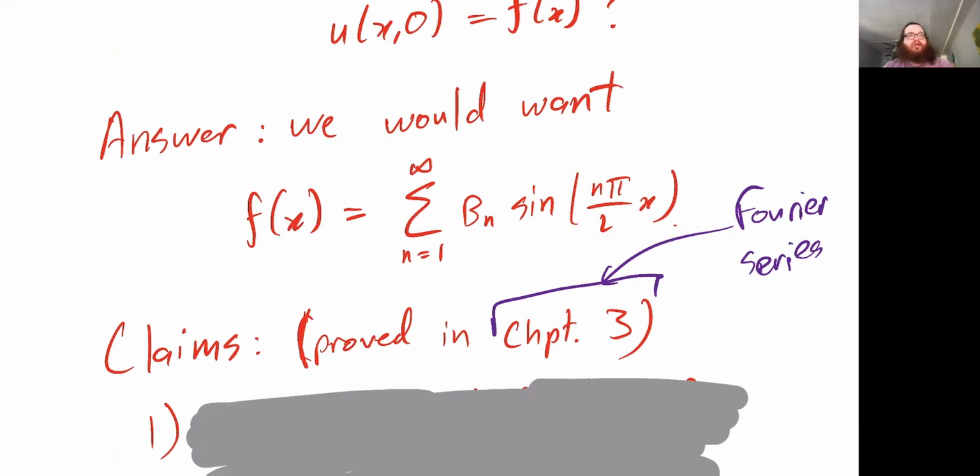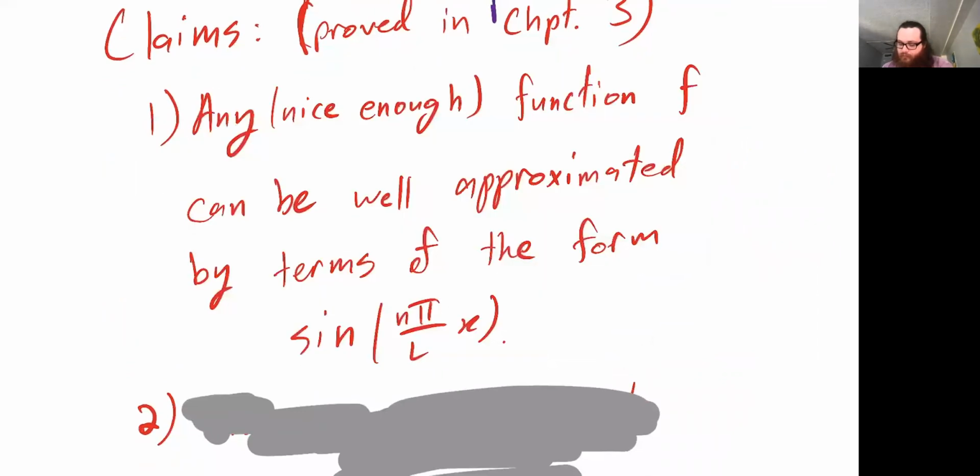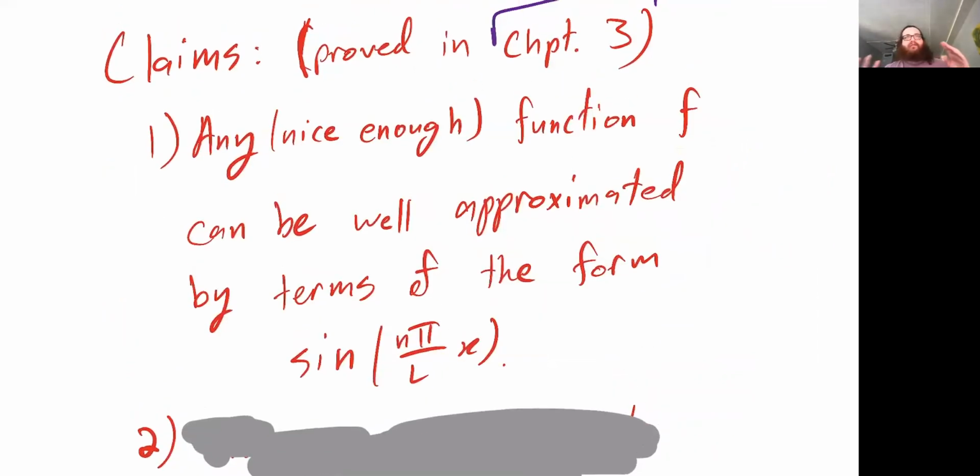With Fourier series, you look at infinite expansions in terms of trig polynomials. There are a few claims that we'll talk about later. The first one is that any nice enough function, smooth, piecewise smooth, continuous, piecewise continuous, whatever nice enough function you want,